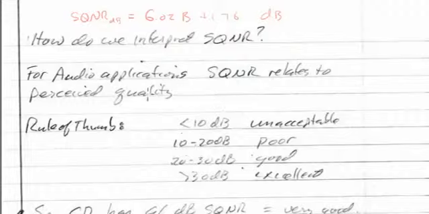It's easiest to understand when we're talking about audio applications, because everybody knows what they hear and they know what good quality and bad quality are, and the signal to noise ratio tells us about quality. We obviously want high signal power as a ratio of noise power. We don't like noise power, but we do like signal power. Here's a rule of thumb that may help. If the signal to noise ratio is less than 10,